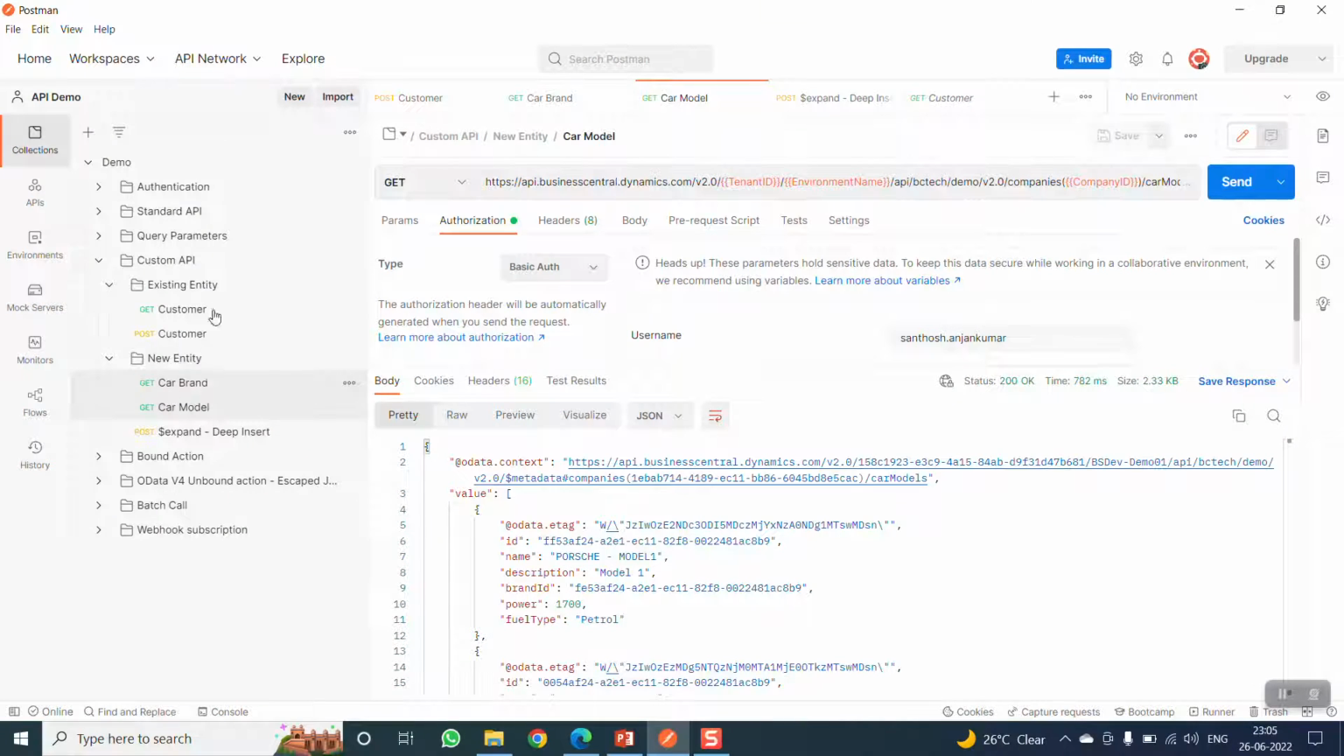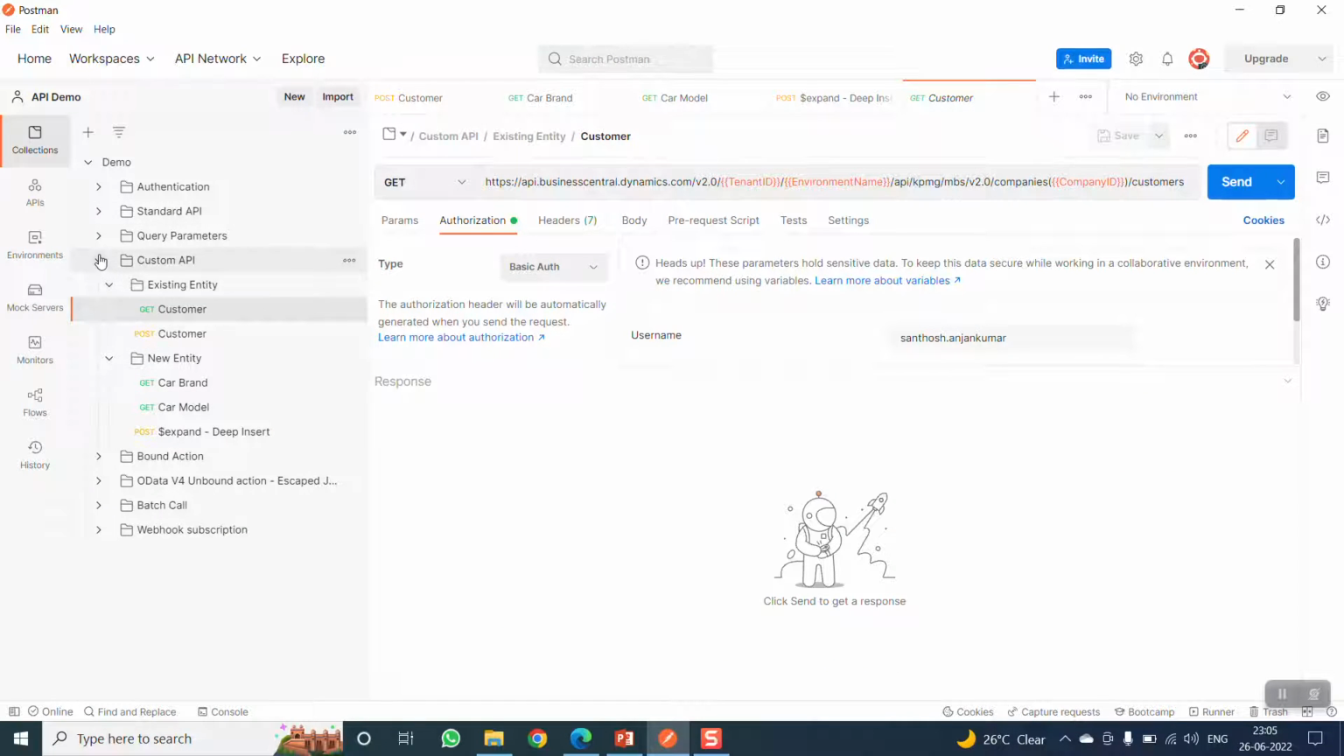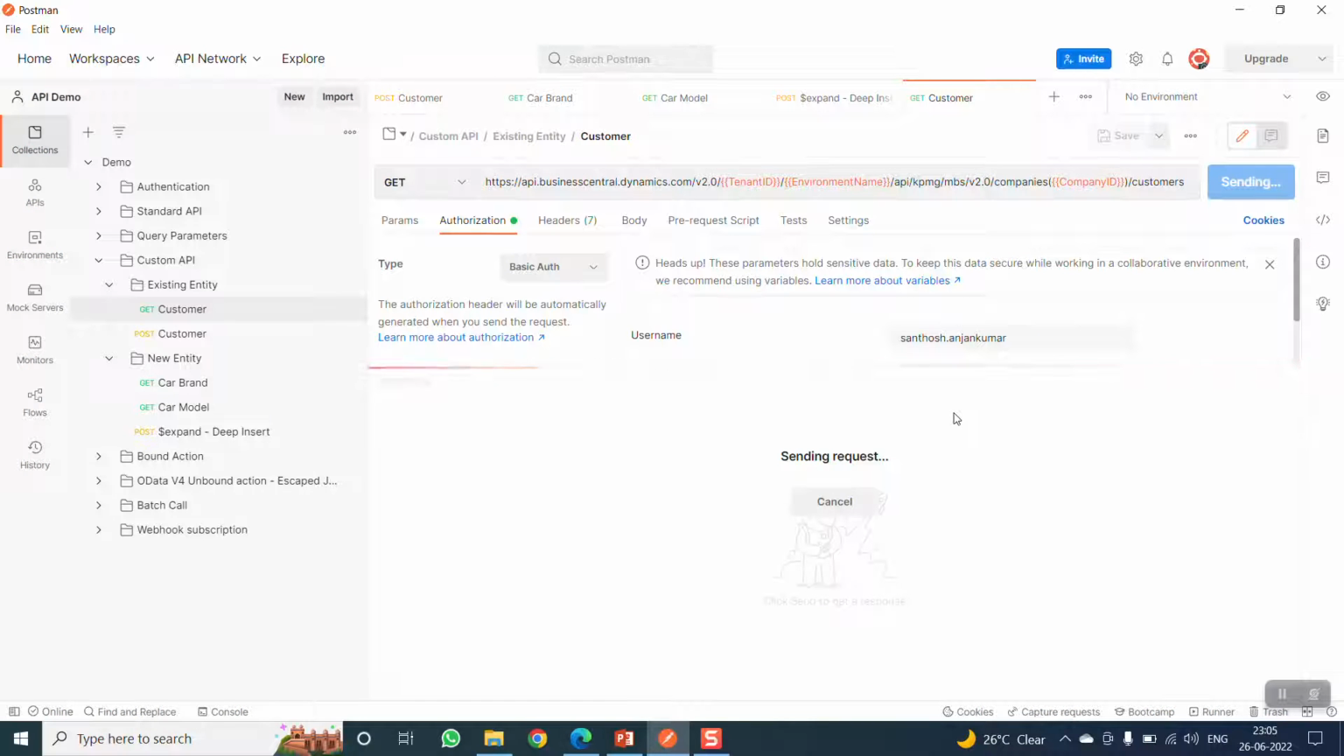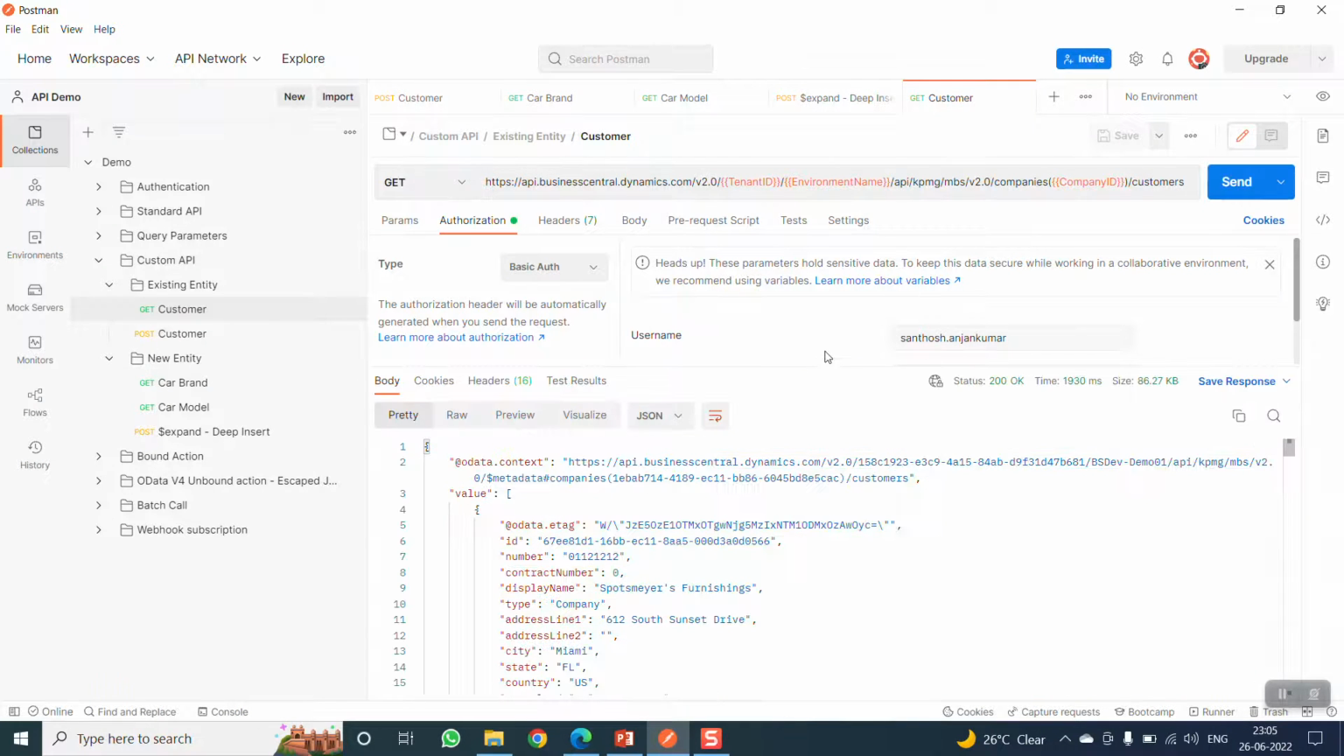Okay, here we go. So for an existing entity, I mean, no custom API, existing entity for customer. I'm taking this one. Okay, so the same thing, same endpoint. Notice here I've added an API publisher and a group. So if I hit send, now I'll get a list of all the customers, and notice here we have a